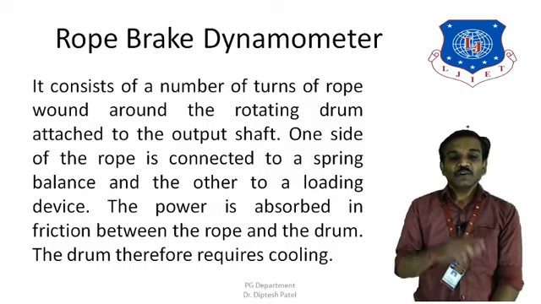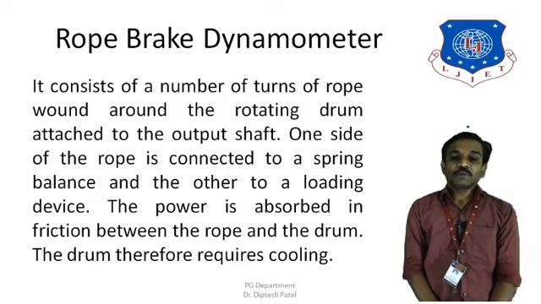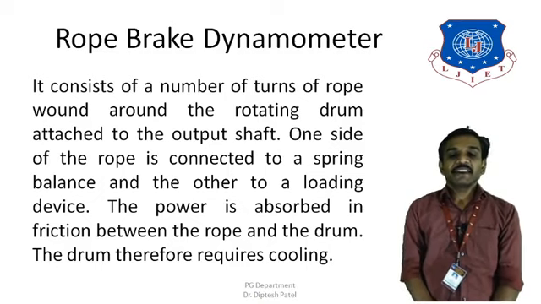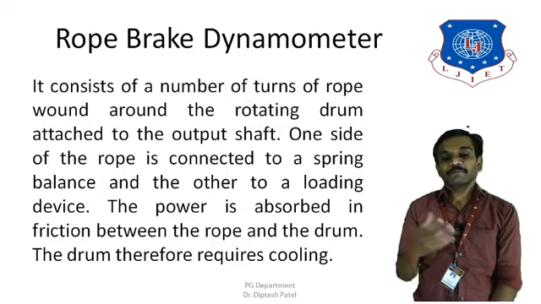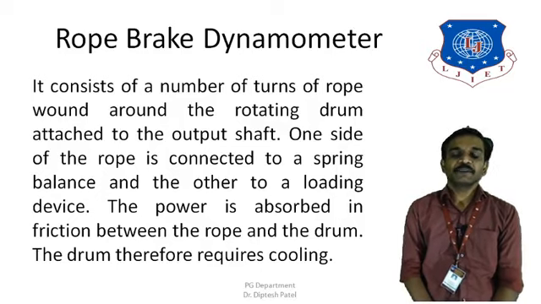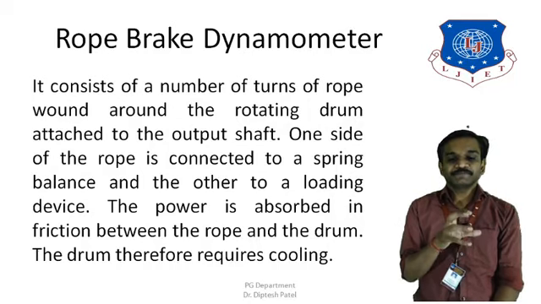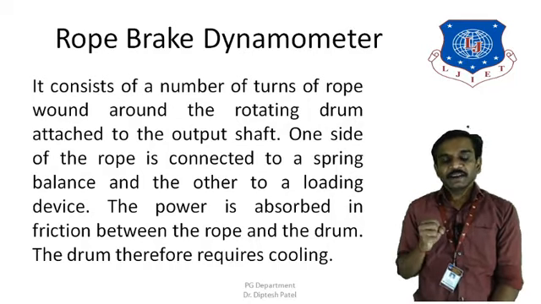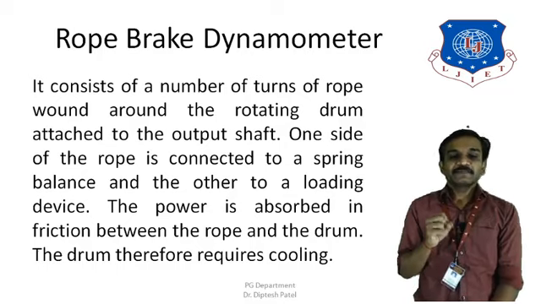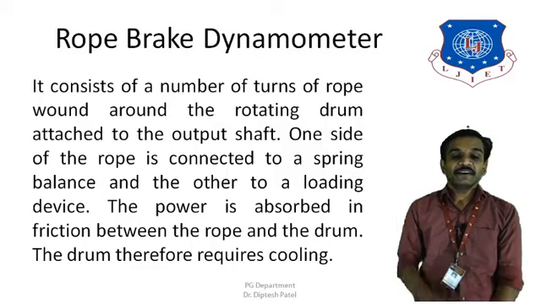So the rope is wound around the output shaft. One end of the rope is connected to the spring balance, while the other end is connected to the loading device. A certain amount of weight is applied to the other end, and whatever power is generated in the engine is absorbed in the form of friction between the rope and drum, and therefore